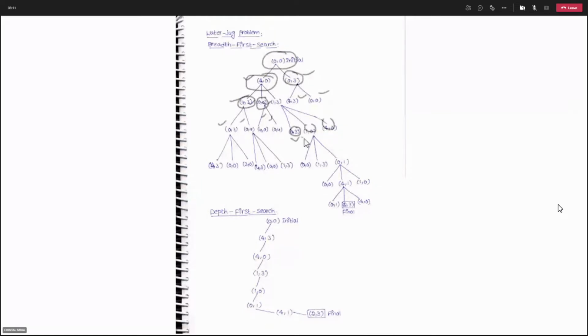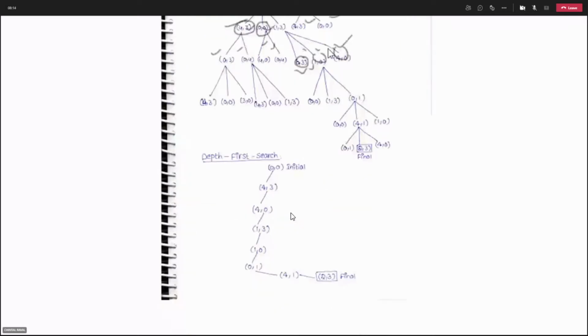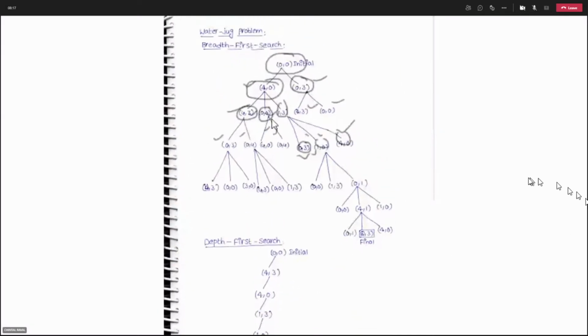After that, when you need to move along, you cannot move from this level to the next level if these two nodes are not explored. I have not explored them because I would have to go too long before finding the solution. This is just for explanation: in breadth first search, you first complete this level, then this level, and only then can you go to the next level. Without exploring these two nodes, you cannot move forward to the next node exploration. That is not what happens in breadth first search.